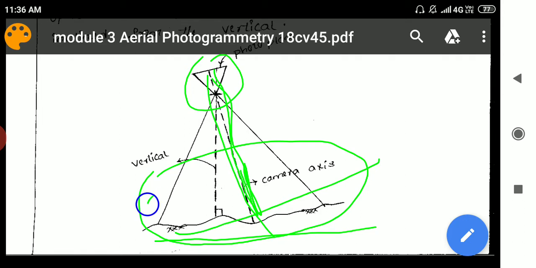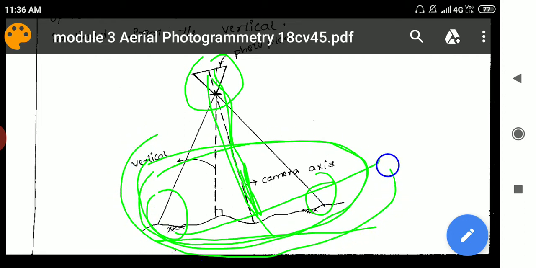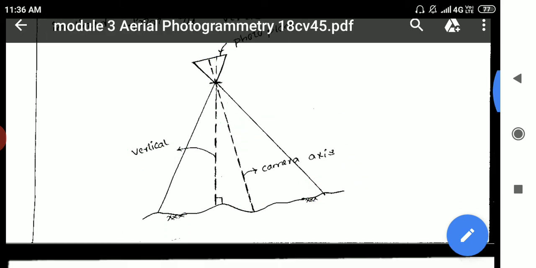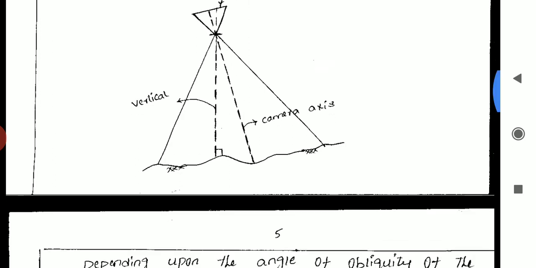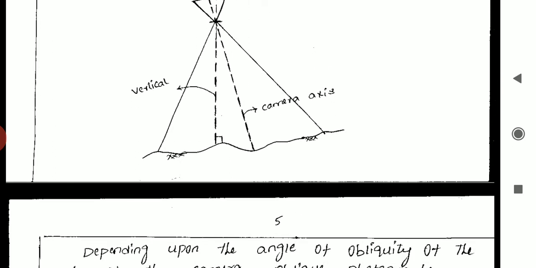So from this point to this point, that camera will cover the images, or else it will cover the ground by using aerial photogrammetry. So that is nothing but the oblique photographs. Next,